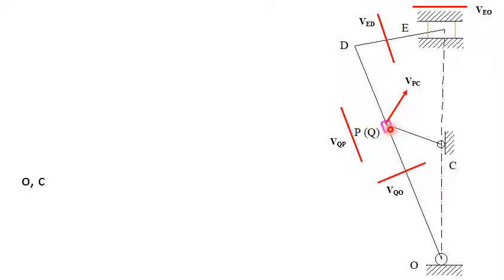For this crank we have a tangential velocity VPC, acting perpendicular to it. Out of this PC, C is known from the velocity diagram. Therefore from point c, parallel to this, draw a line, and the length of the line should be 4.945 centimeter, because in the previous slide we have seen we have taken the scale. So VCP becomes 4.945 centimeter.